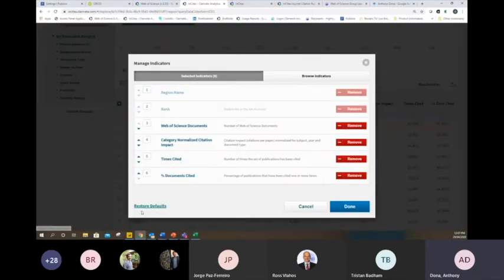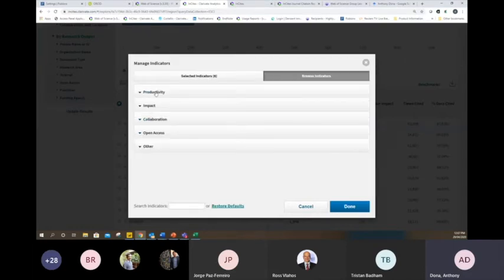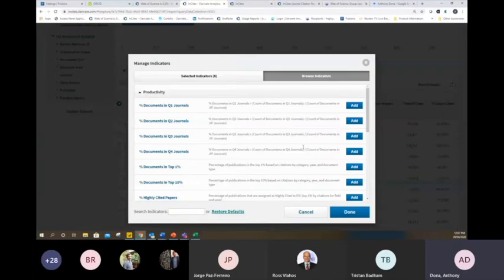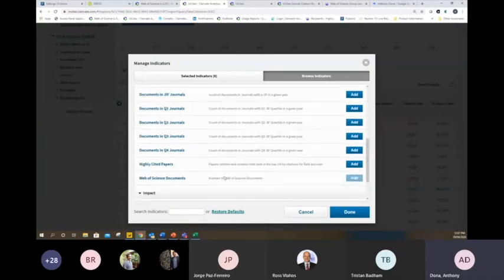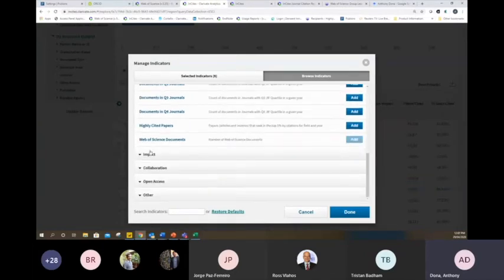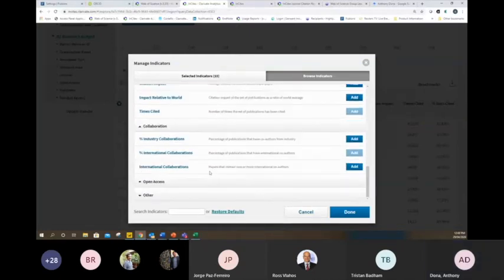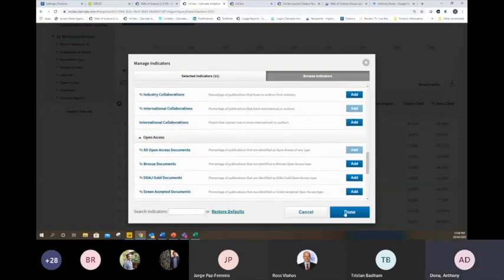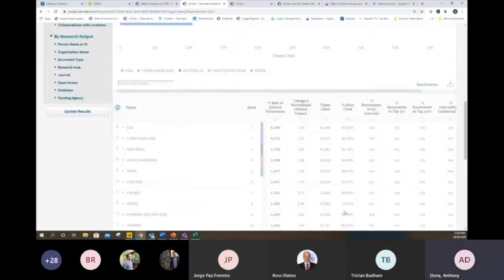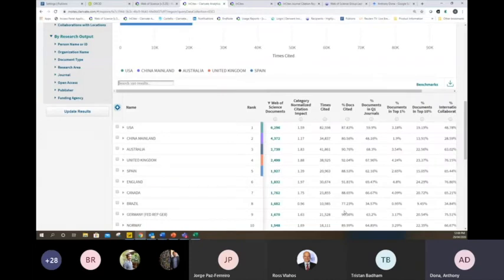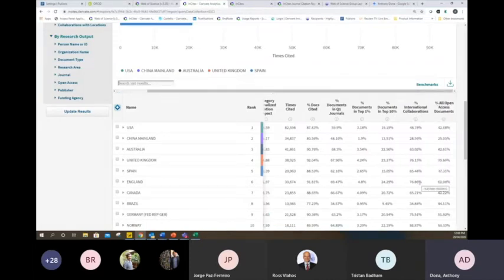The cog next to name here on any browser can be used to select indicators. The default indicators are the ones that you're seeing there under selected indicators. If I click on browse indicators, I can actually add as many metrics or numbers as I want to my data set that allow for different types of analyses or comparisons to be made. So let me just add some that are commonly used. Again, you can explore those and you might have specific entities there that you're interested in.